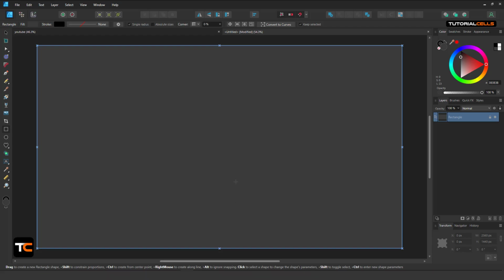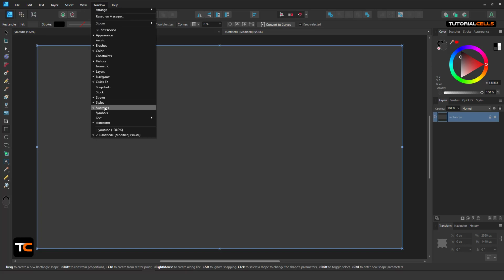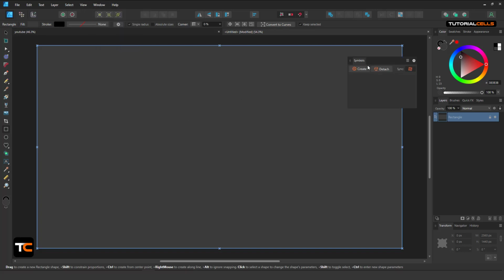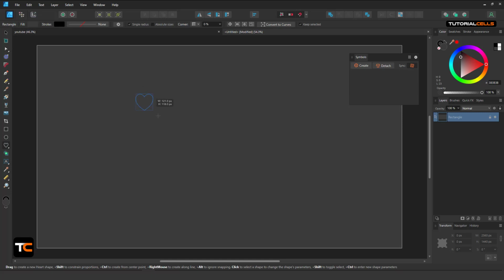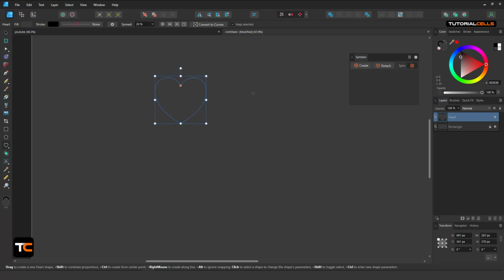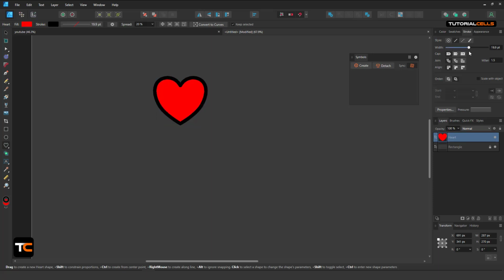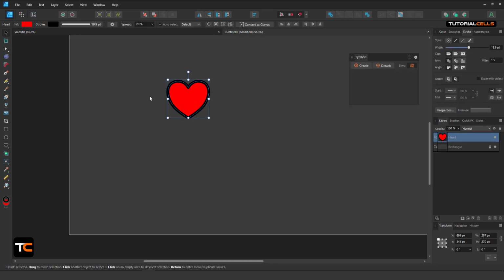Symbols in Affinity Designer is very useful. You can go into Window and open the Symbols menu here. Simply create a shape, a heart here, and then change its color, change its stroke if you want. And then you can create a symbol from this and you can access this object vector anywhere in the project